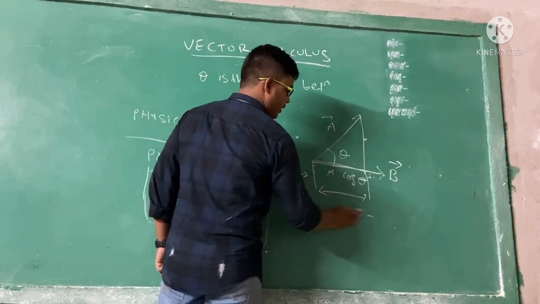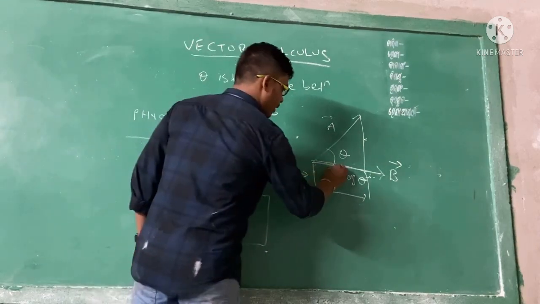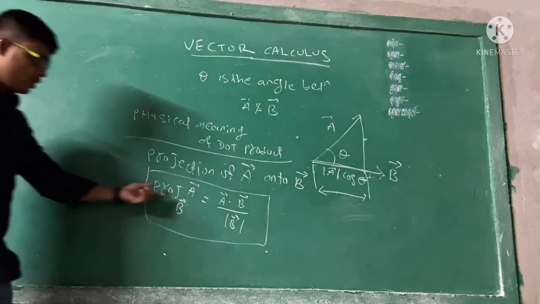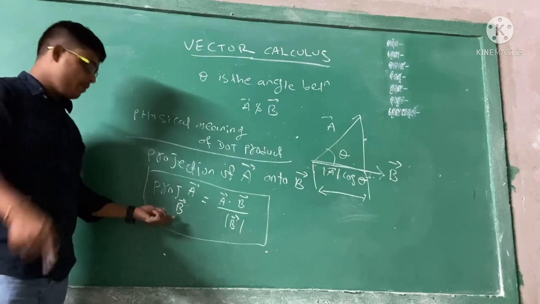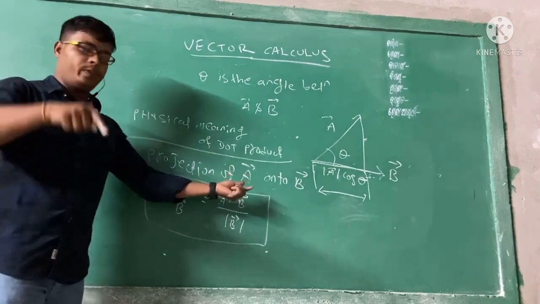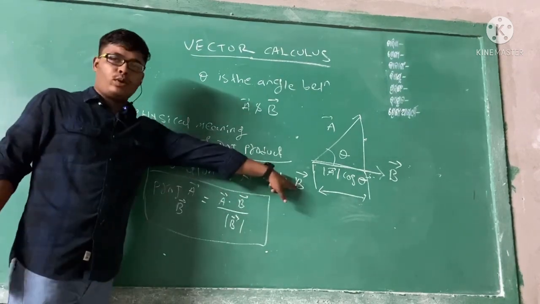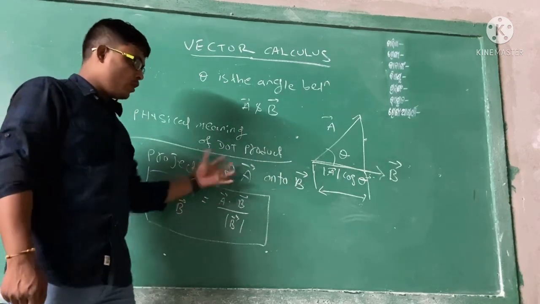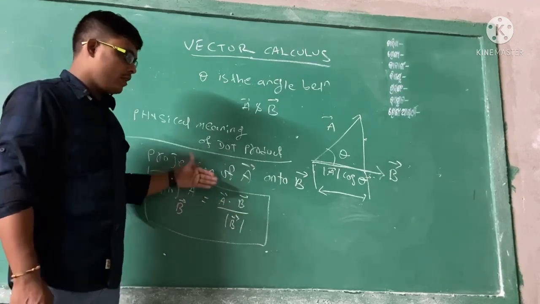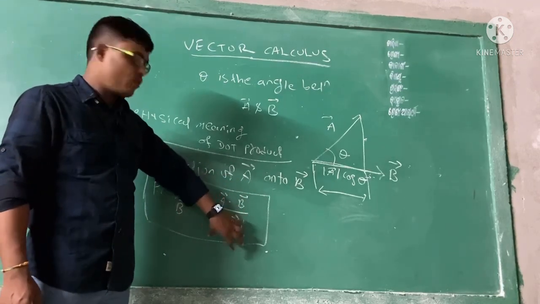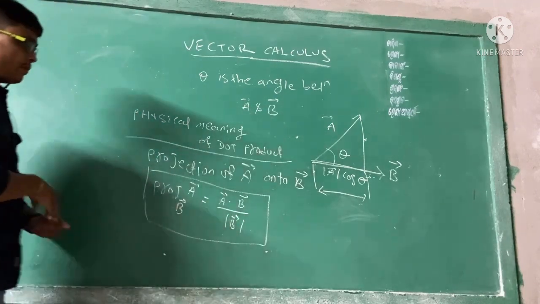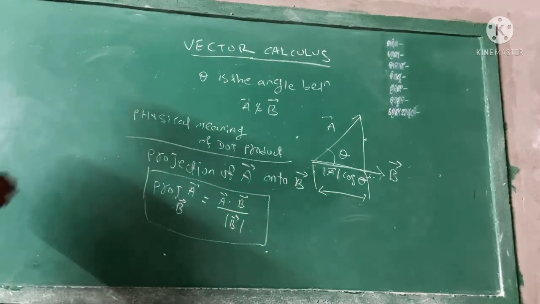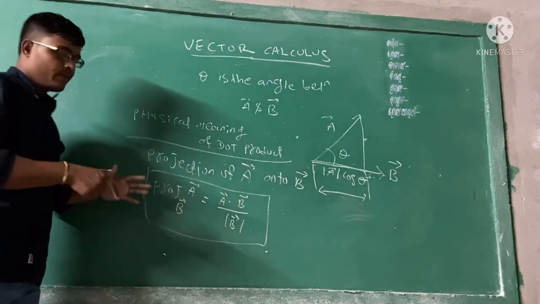A is falling on B, A is falling on B at 90 degrees. So therefore this quantity, we have written B magnitude in the denominator. Remember, projection of A to B, so that means B is the denominator. If projection B to A, then A will be denominator. So remember, projection of A onto B. What is the question asking? This is important. We will solve the problem on Sunday. Whatever we have read, we will solve in the Sunday section. Sunday is our problem section.